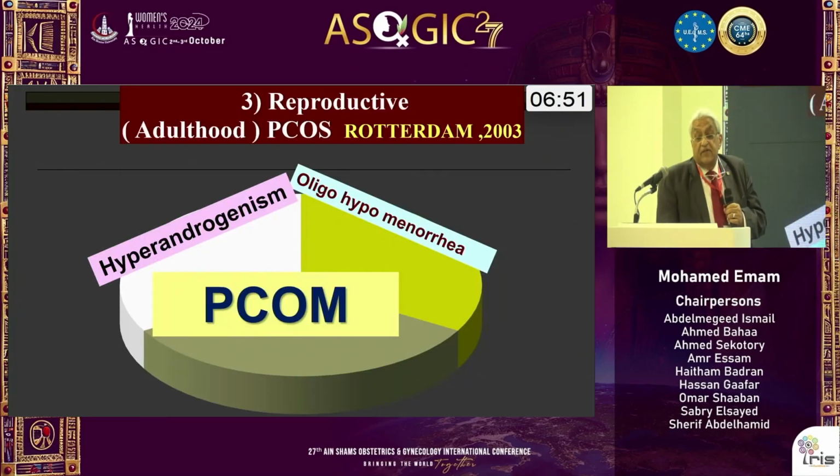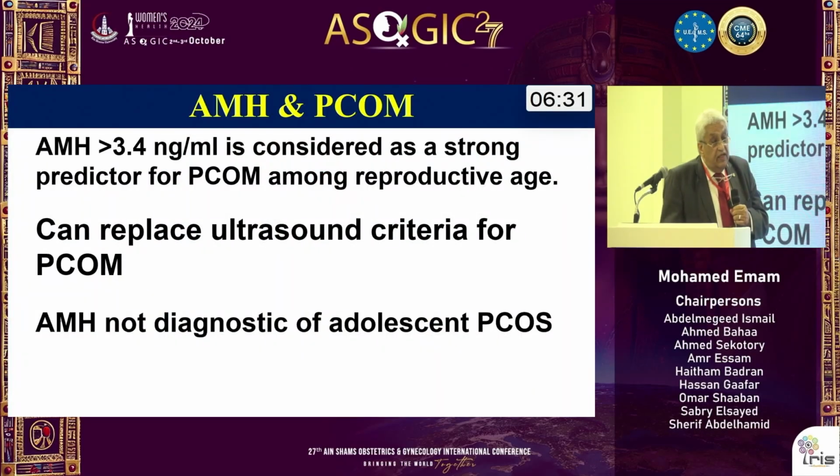Now, number 3, the reproductive age group. We all know the Rotterdam criteria, which is very famous to us: hyperandrogenism, oligo-hypomenorrhea, or polycystic ovarian morphology. 2 of these 3 items can diagnose the syndrome. So, now, recently,